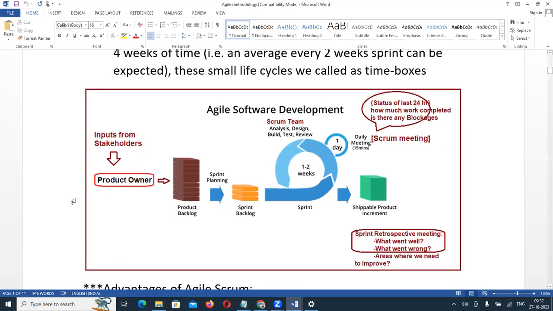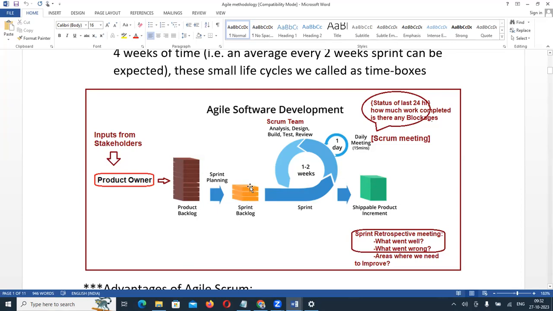The diagram we try to understand. The inputs are taken from the stakeholder by a product owner. Then they create the product backlogs in terms of epics. An epic is a larger requirement, a building block. The product backlog holds the features we have to implement. Then they go for sprint planning by Scrum team members, where they give the estimations. Based on that, the Scrum Master is going to create the sprints here, and some